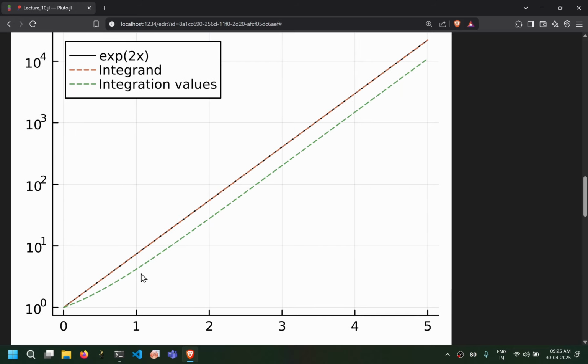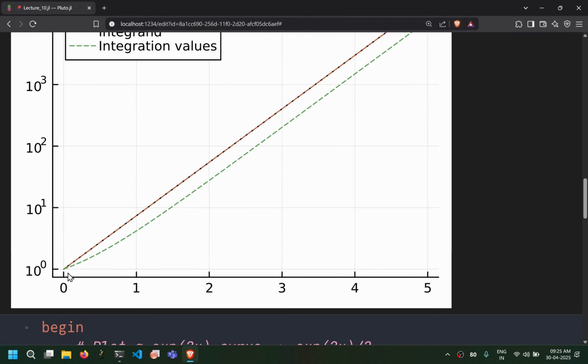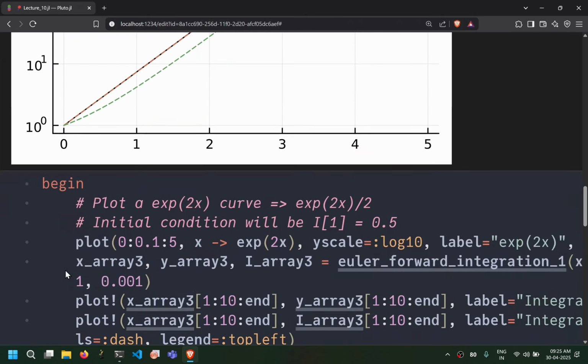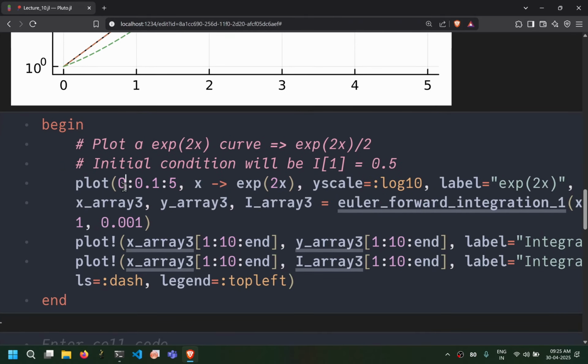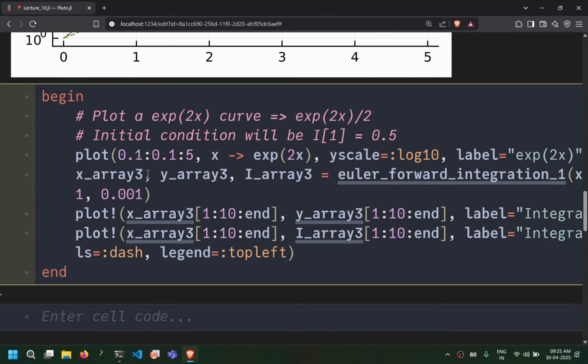The first thing is here you can see that everything is slightly downward. This is happening because this is offsetted by log minus log 2, and here the problem is that the value at 0 is not defined. So we can start from 0.1